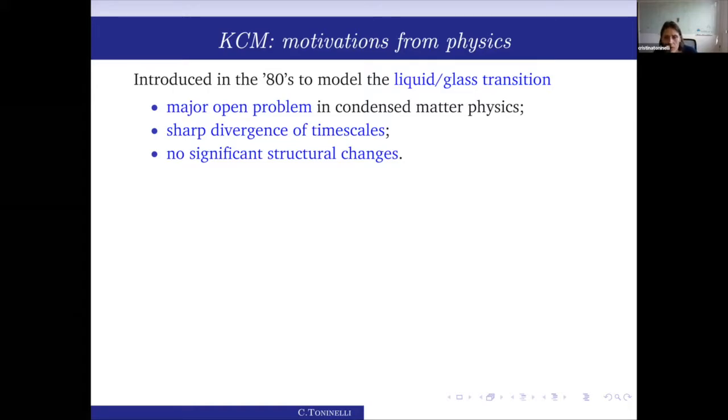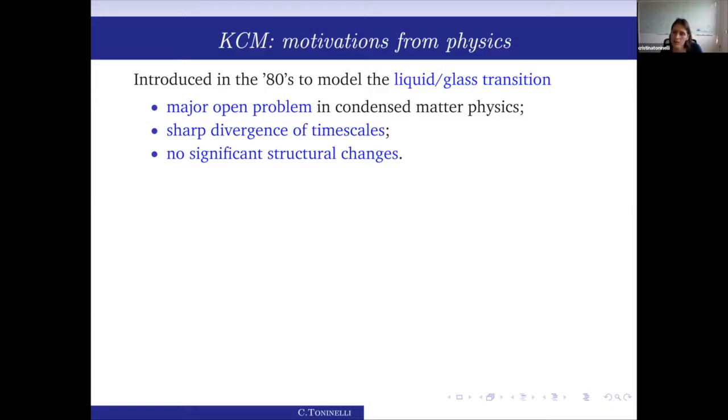I'm referring here to glasses, even the glasses of our windows. So roughly, the following phenomenon. If I take a mixture of silica and sodium carbonate at sufficiently high temperature, so I raise the temperature, this is in a liquid phase. And then if I cool the system very abruptly, and go beyond the temperature at which this liquid would turn into